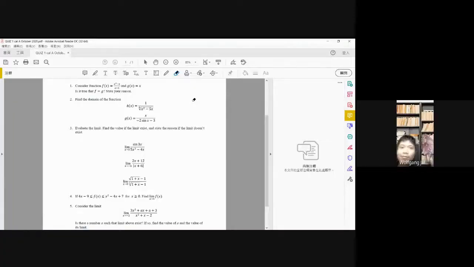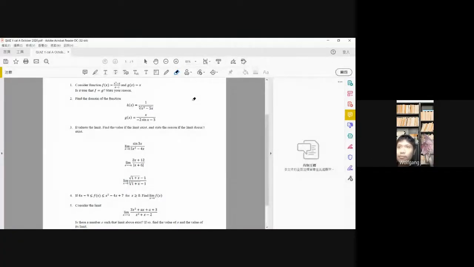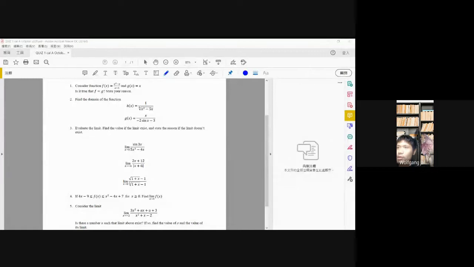Well, number one is pretty easy. The answer will be no, because for obvious reason that f0 doesn't equal to g0. So okay,